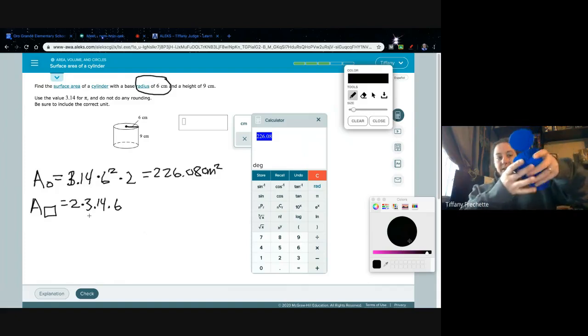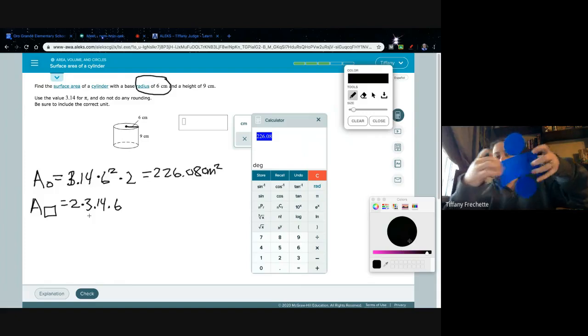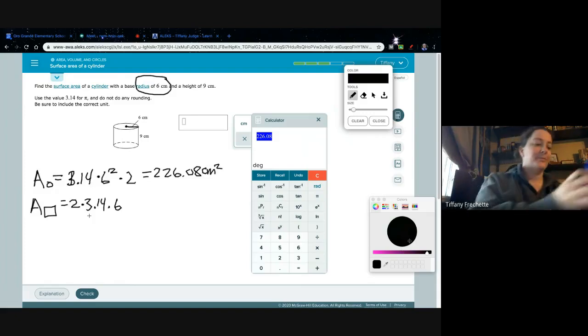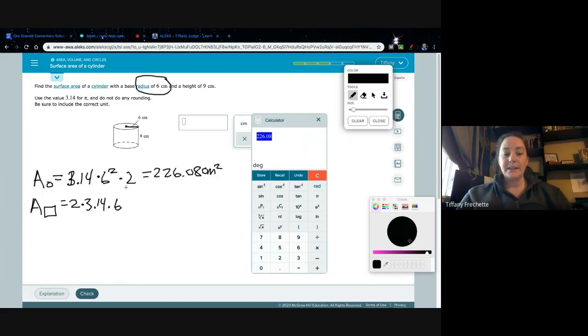So in order to find the length of that circle to do a rectangle, I have to do 2 times pi times r. That's how I find that length. And then I need to multiply by the height because that's the other side of my rectangle. So that equals 2 times 3.14 times 6 times 9 equals